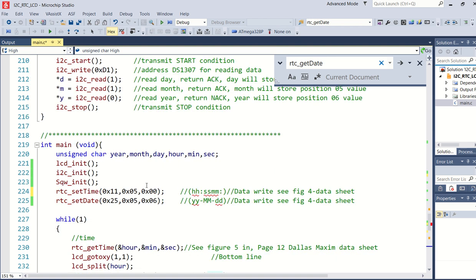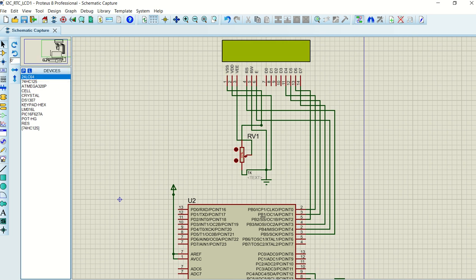In my next video, I'm going to focus on what I did to create a menu, because here it's fixed, but now I want to create a menu. If I stop here and start again, it will always start with 11:05, because my program says so. Which is a little bit stupid if you use it like this. We would rather go for a menu to be able to change these values. For now, this is just leading up to how I do a menu. In video number 3, I will discuss how I've generated a menu.